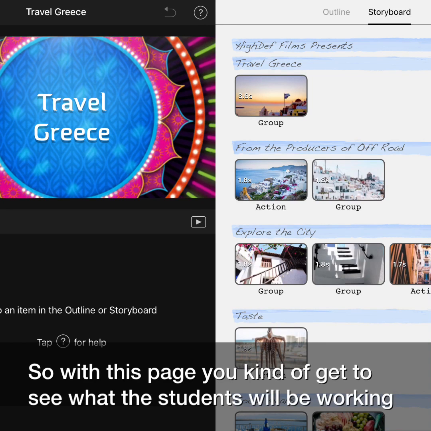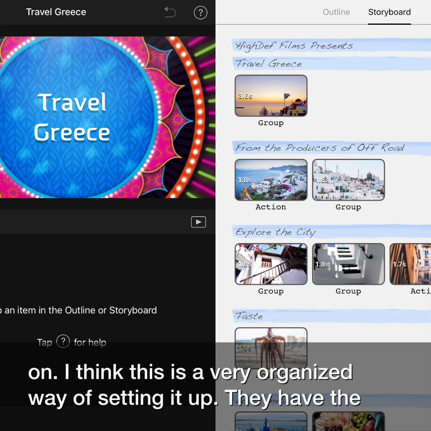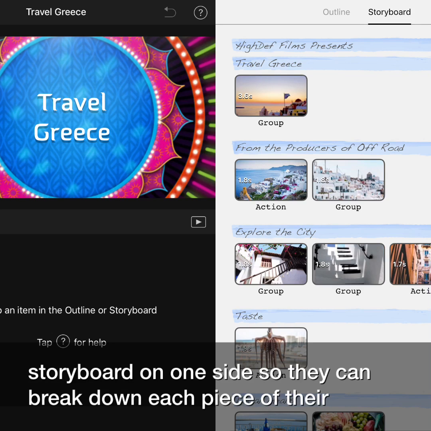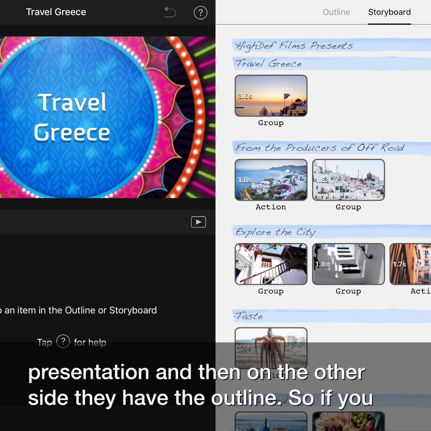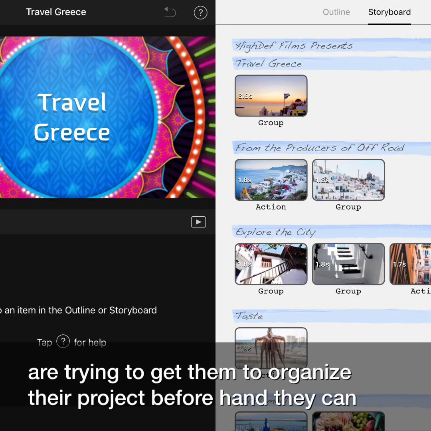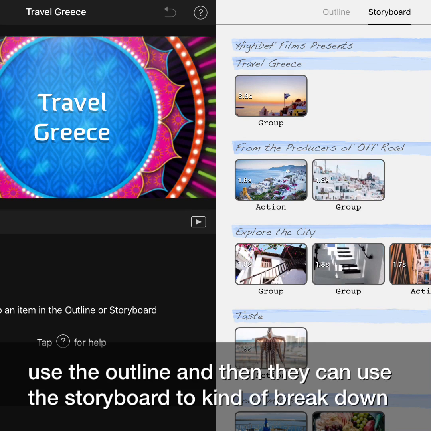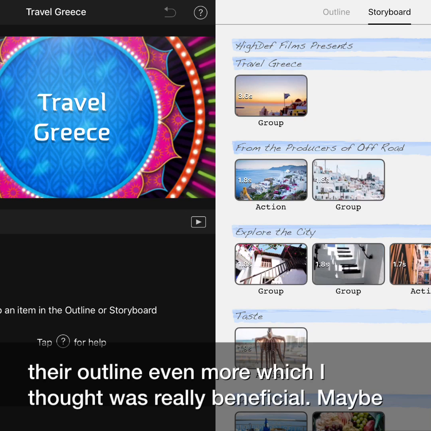So with this page, you kind of get to see what the students would be working on. I think this is a very organized way of setting it up. They have the storyboard on one side so they can break down each piece of their presentation, and then on the other side they have the outline. So if you are trying to get them to organize their project beforehand, they can use the outline, and then they can use the storyboard to kind of break down their outline even more, which I thought was really beneficial,